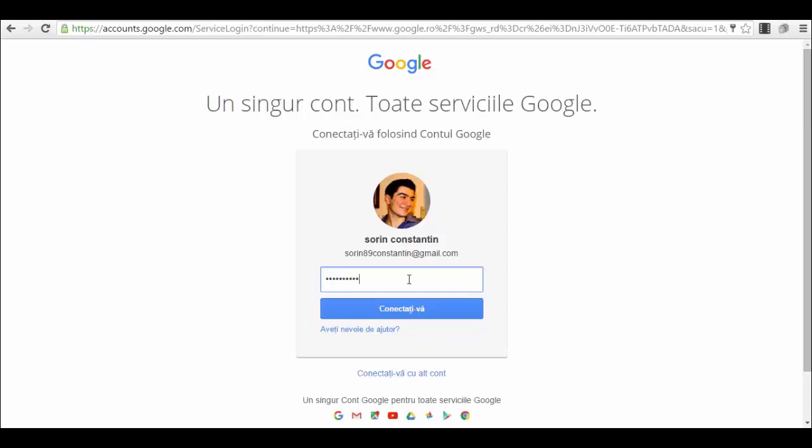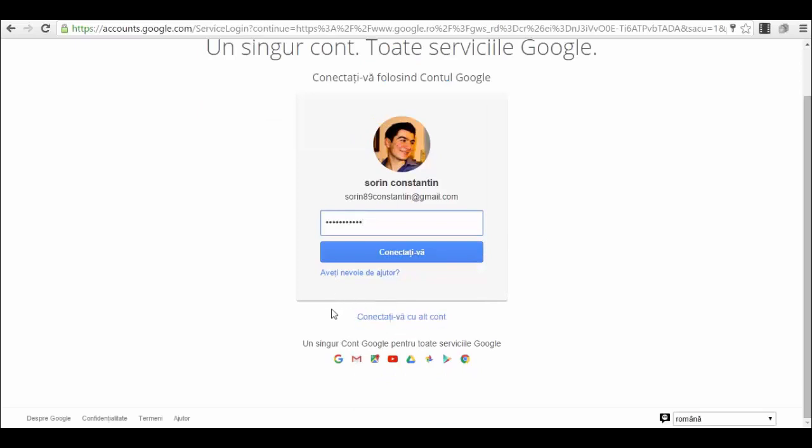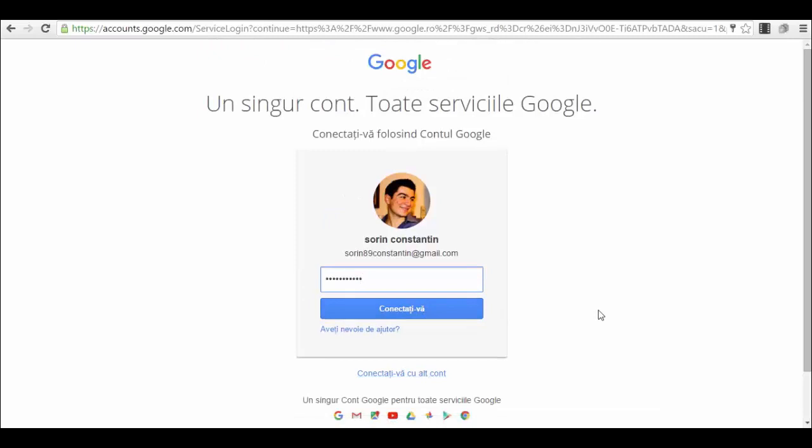Right now, you won't have these options to select an account, but you will have this small option here. Obviously, again, for me it's in Romanian. For you it will be in English or in your language, and it says connect with another account. If you do not have an account, an option will appear to create an account. You click on create an account, and after that you will have a Google account. It's that simple. It's nothing complicated.